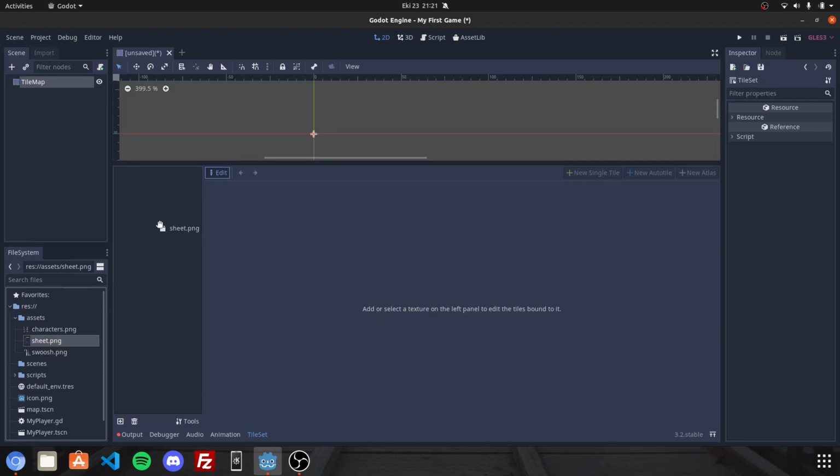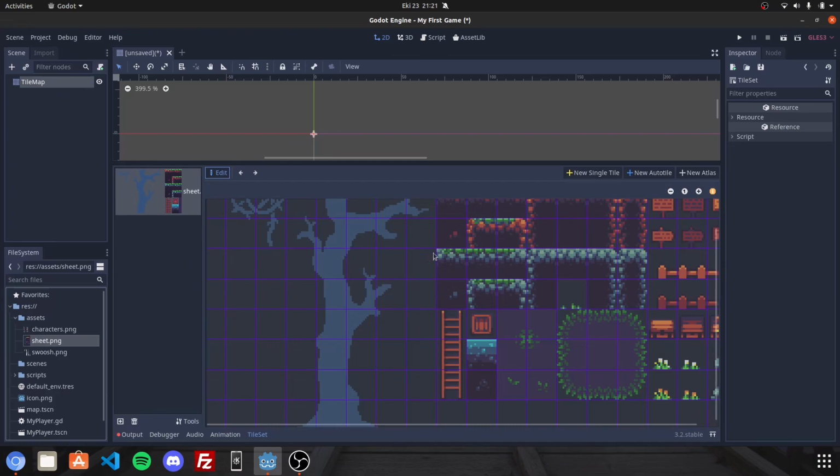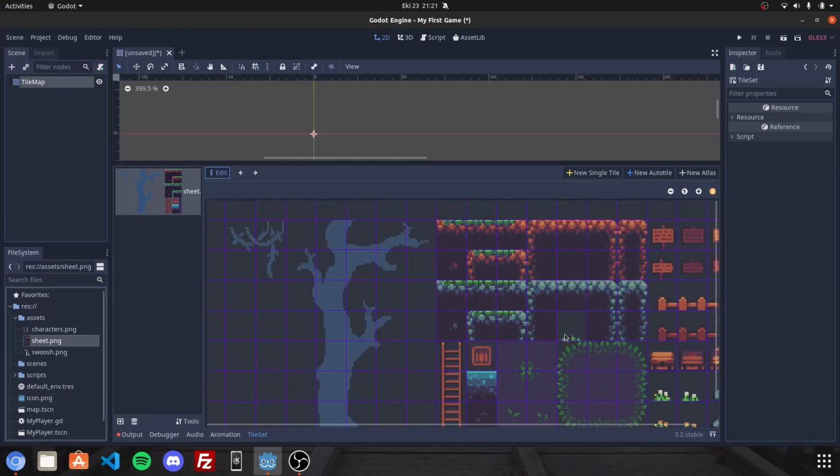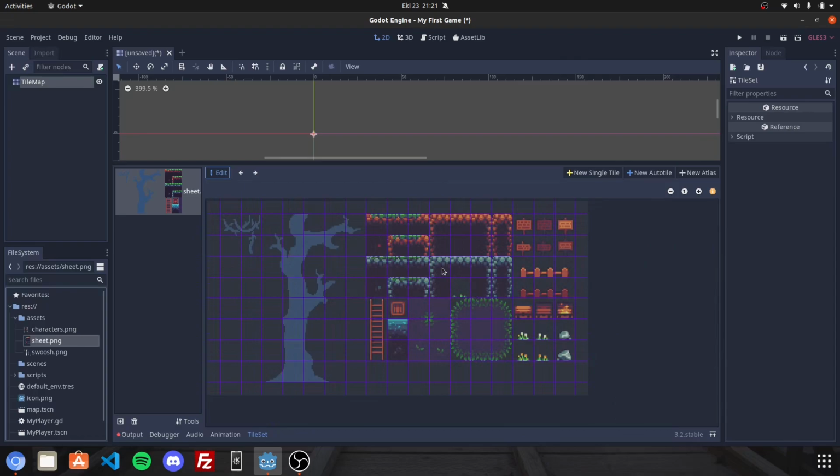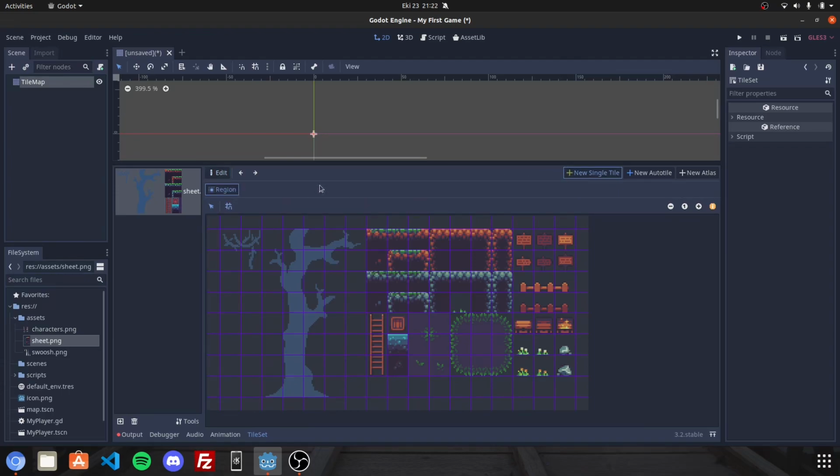And then drag and drop your sheet PNG. And then we can choose our tilesets for creating our maps, dungeons, and else. And so that firstly click new single tile that region,